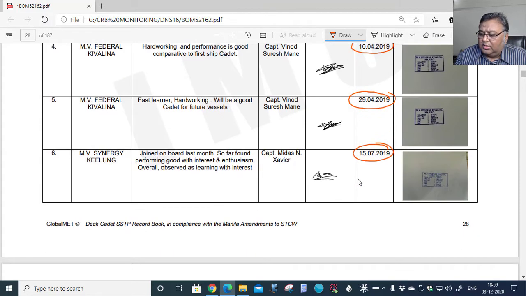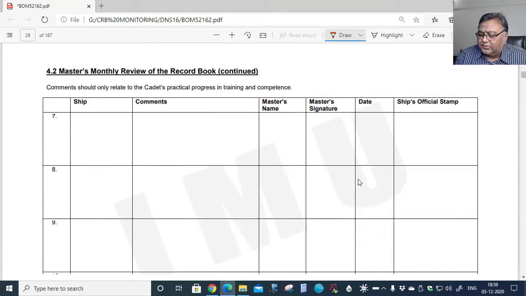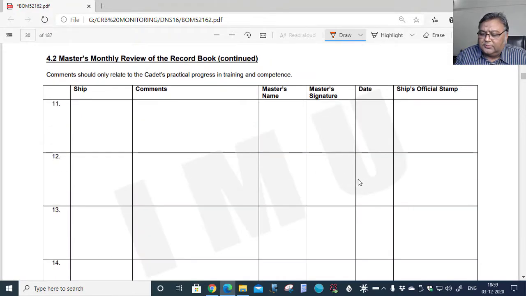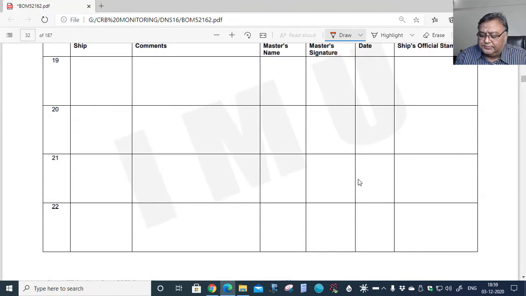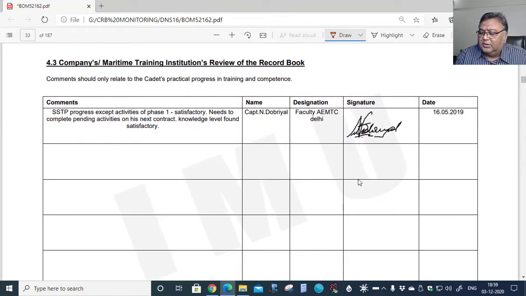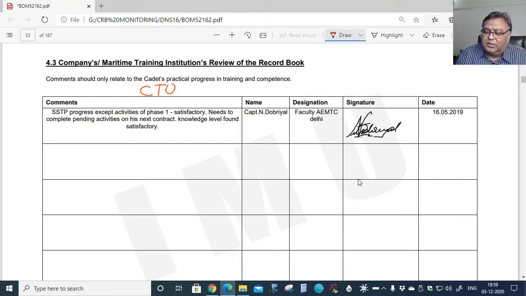It should be taken on a monthly basis. Then we come to the next entry. This is 4.3, the company training officer, CTO's remark.